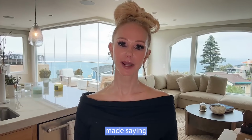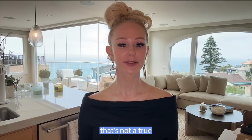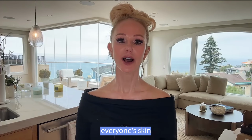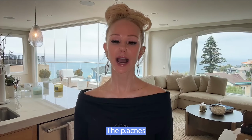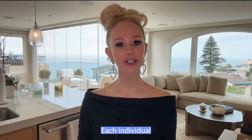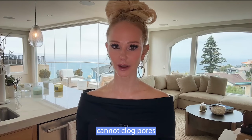There have been statements made saying castor oil does not clog pores, or castor oil is the cure for acne. And although it may help some people with acne, that's not a true bold blanket statement that could be made safely for all individuals. As with any active ingredient, even vitamin C, vitamin A, castor oil, everyone's skin may be a little bit different. The pilosebaceous units may be different. The histology may be different. The P. acnes colonization of the skin may be different. The inflammatory cascades may be different. Each individual patient is different, and it's not safe to say that castor oil cannot clog pores and does not cause acne,